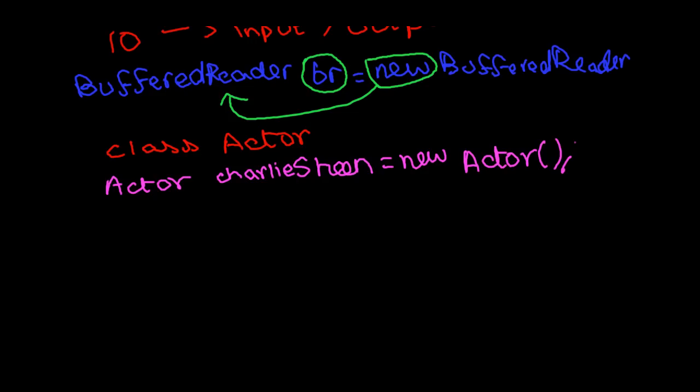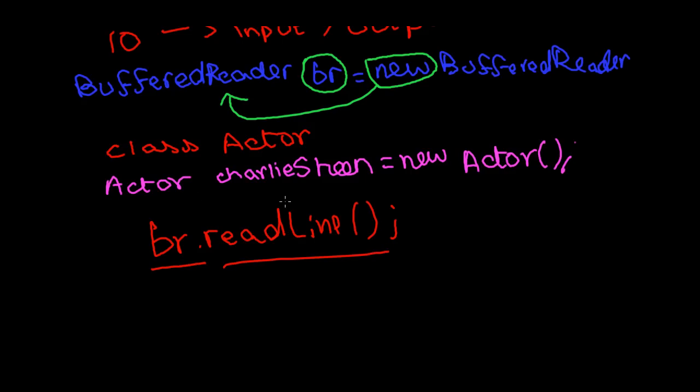And after that, the last part of BufferedReader is calling this function, br.readLine, which I hope you guys have got. This is not the toughest part of it, but when I go into functions it will make more sense. To call a function of a particular object, the syntax is object name dot function name. So if there was a function in the Actor class called 2.5 Men, you would call it by writing Charlie Sheen dot 2.5 Men. That's just an example, don't take it too seriously. So that's how you call a function.